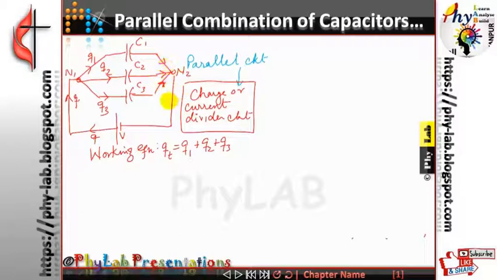So this also becomes my node. Now across the nodes N1 and N2, a potential difference of V volt has been applied. So the same potential difference will come across each branch. Across the nodes, whatsoever is connected is called a branch. So this is my branch B1, isn't it? So across the same nodes, the branches have the same potential. So branch 1 will have a potential of V, branch 2 will also have a potential of V, and branch 3 will also have a potential of V volt.